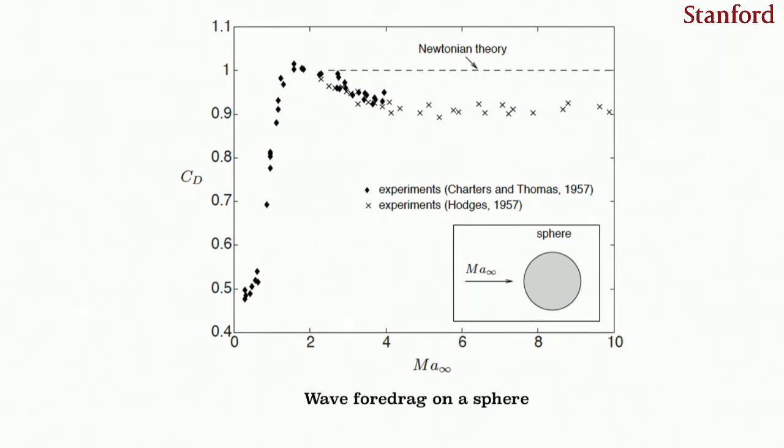So here, for instance, we have the drag coefficient of a sphere versus the Mach number, together with experimental data from Charters and Thomas and from Hodge. You can see that there is a sort of ramp at the beginning and a spike, which is obviously related to conditions going through transonic flow, and then a decay and a plateau in the drag coefficient. That plateau in the experimental data is again representative of the Mach independence principle. And then the Newtonian theory is there above the experimental data, probably about 10% higher.